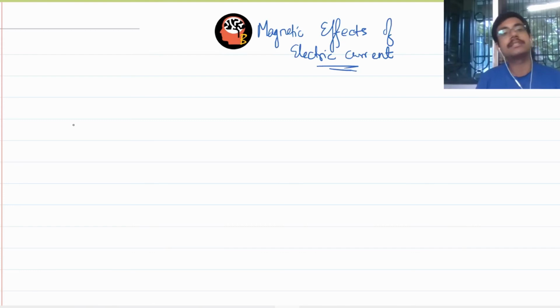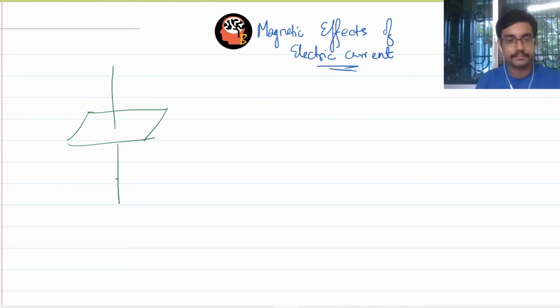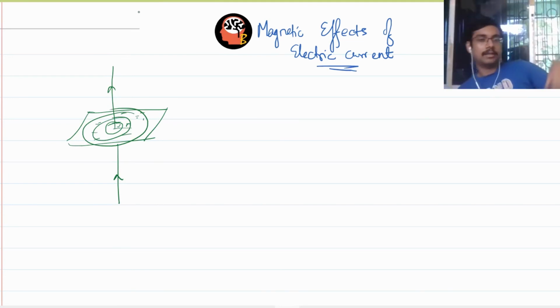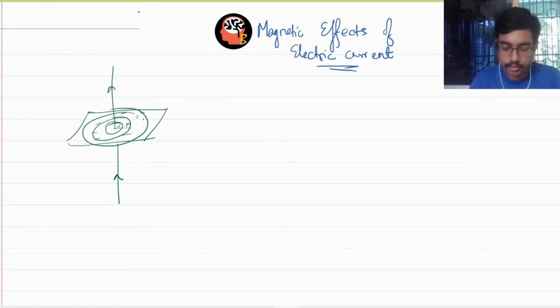So I think you have all seen the patterns that are formed when you have a current carrying conductor and some magnetic particles like iron filings sprinkled on it. Do you remember the pattern to be like this? Do you remember how to find the direction of the magnetic field? That is called the right thumb rule. Okay. So we did these things and we discussed how we can formulate our own laws to see what is happening here.